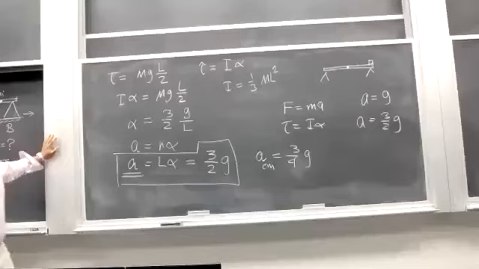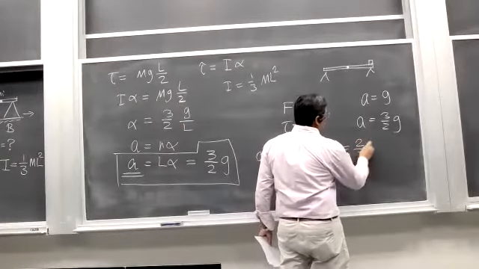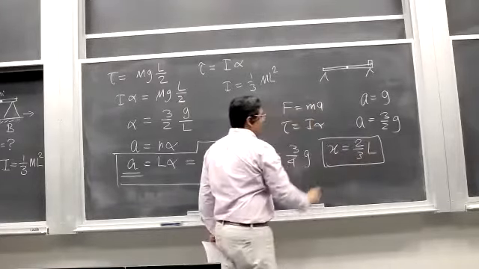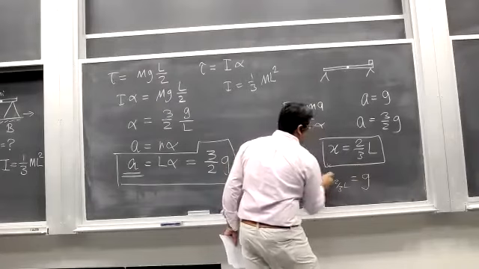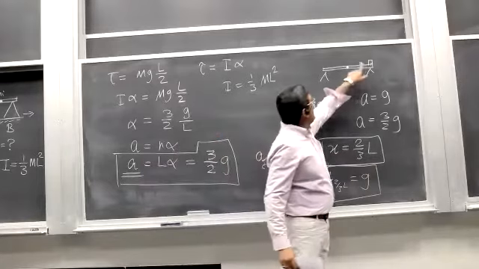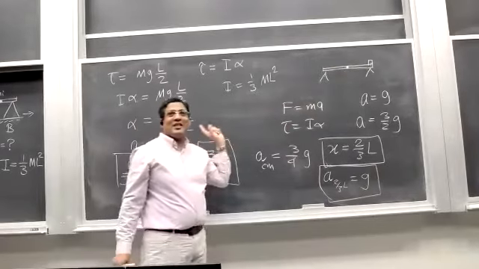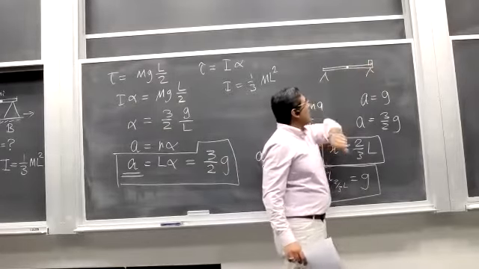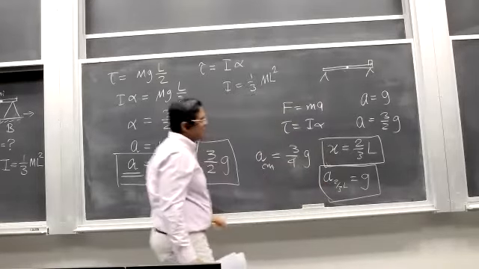2/3L, very good. So there would be a position x at 2/3L that will have the exact free fall. If you place the stone at 2/3L, then they would fall together. At any shorter length, there would be no free fall, because the stone would have larger acceleration and the rod would have smaller acceleration,